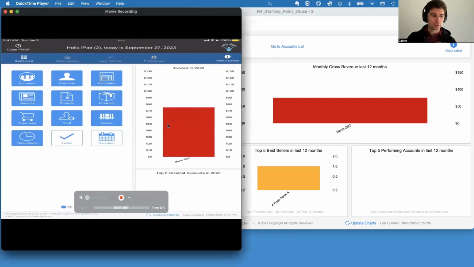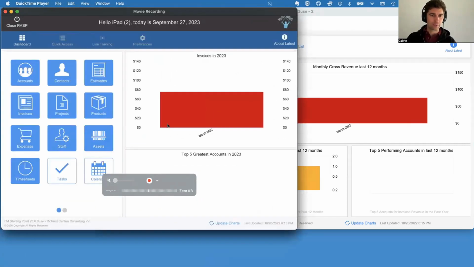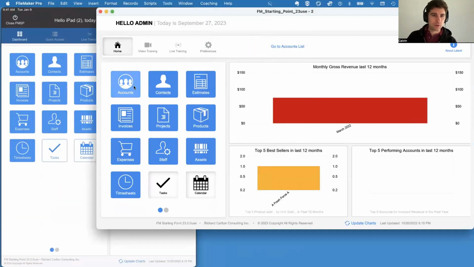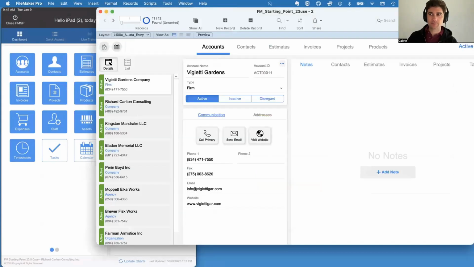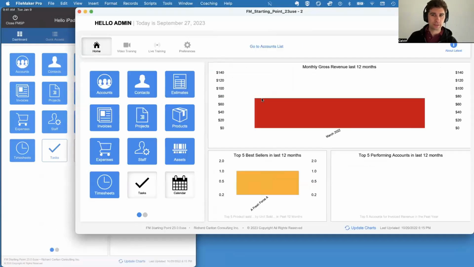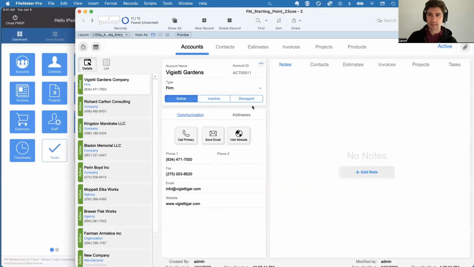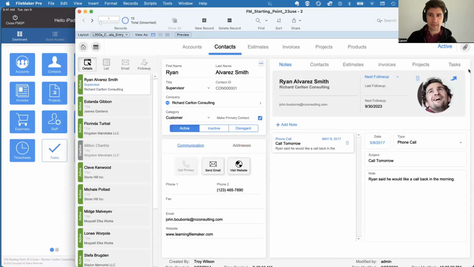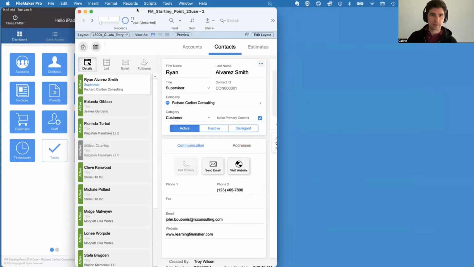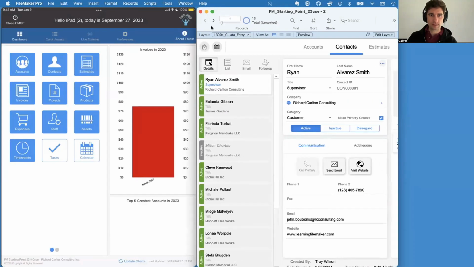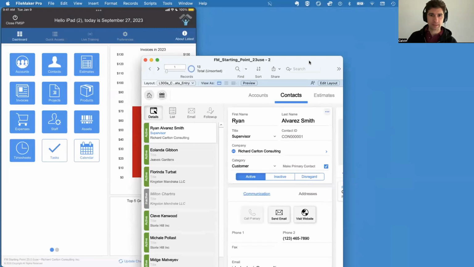I'm going to go back to portrait or landscape mode there, and it stretches real nicely. Now, if we go over here and look at our accounts, we could do something similar to the home button here. We can make these graphs stretch just like that. But when we get over to something like the accounts detail view, or the contacts, it's really hard to make something that goes nicely into a portrait view, at the same time as keeping this